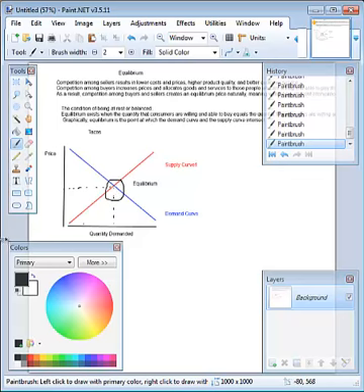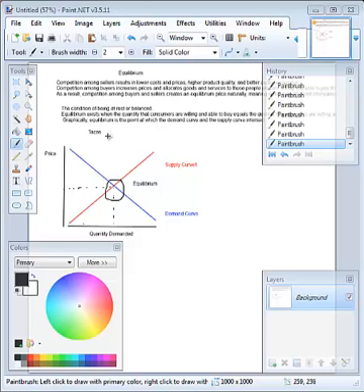So next thing we need to think about is, does this always stay the same? Remember, we've talked about determinants of demand and determinants of supply. So say, for example, that in this market for tacos, there is an increase in the price of corn, which causes an increase in the price that it costs to make per taco. So in that situation, would producers supply more or less? If you have said that they would supply less, you are exactly right.